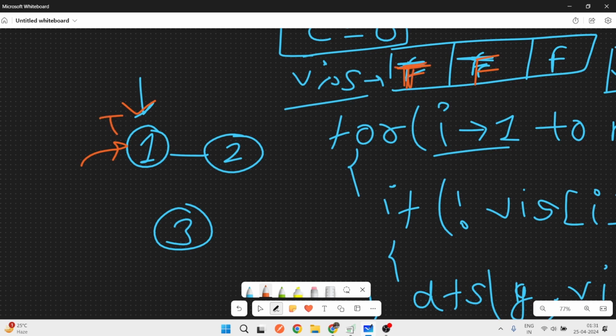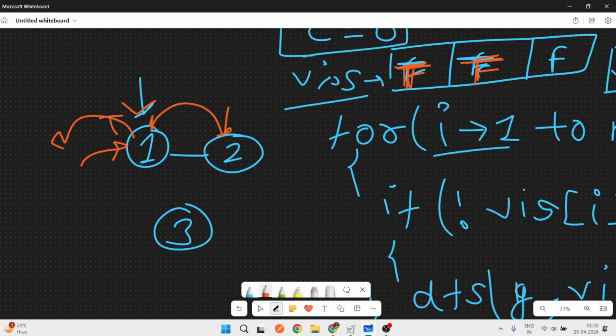It has only one neighbor, node 2, so we make a DFS call for node 2 and mark it true. Node 2 has only one neighbor, 1, but it is already visited, so we will not visit it again. Then there are no more calls, so we return to node 1 itself.